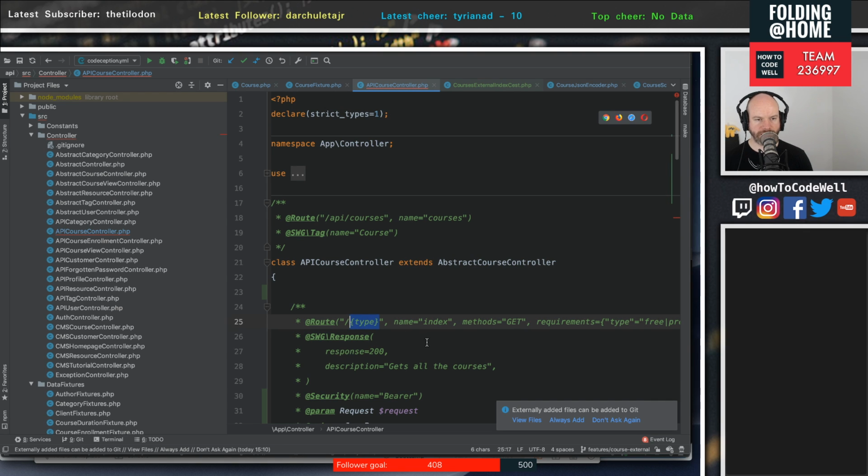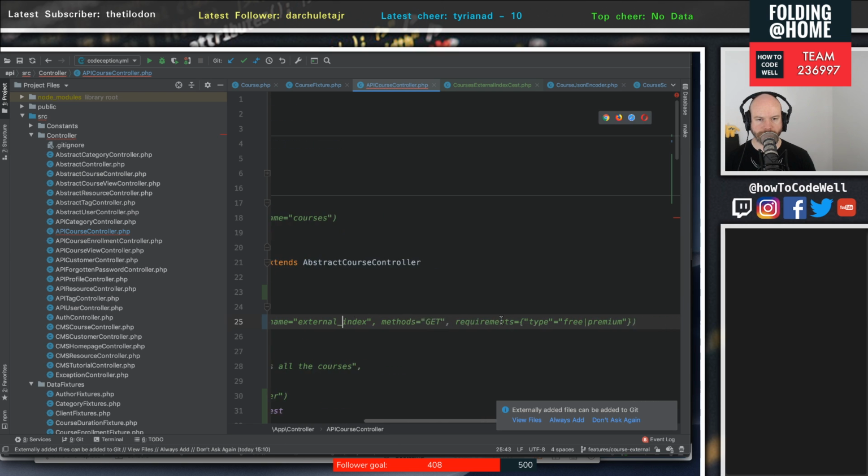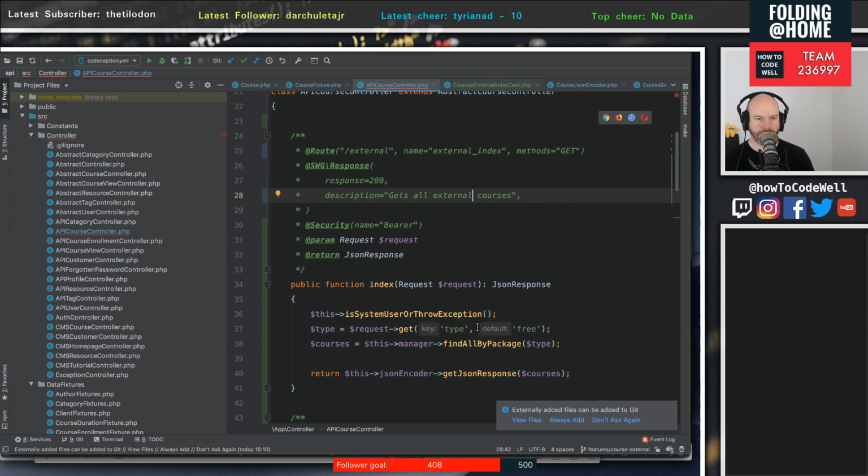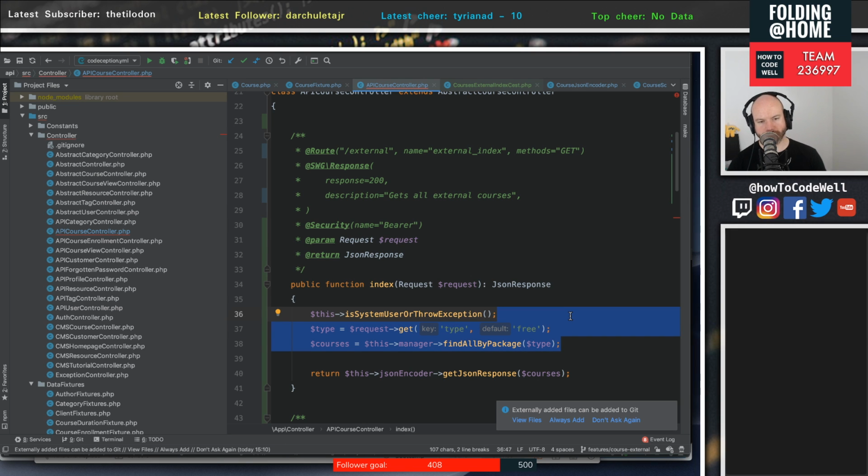That needs to, instead of being type, this needs to be external. So that is external index. And there is no requirements. It is a GET request. And the description, get all external courses. Alright. So there's no type. There's not even a package. But what we do need to do